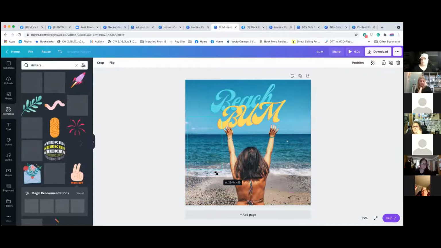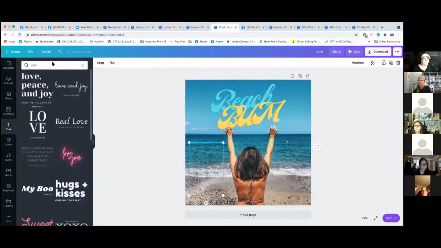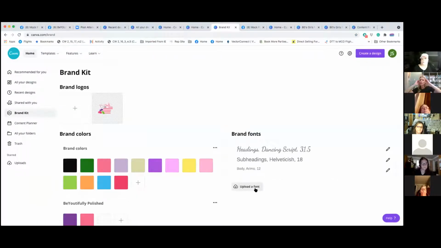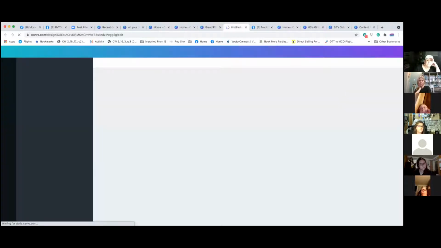Hey, Jen, I think she was saying adding fonts too. I tried to add a font, and that's why I ended up doing a team group as well, to add the corporate fonts. Oh, into like a Canva brand kit? Yeah, I had to actually have a team. I was able to just straight up add a font the other day, like the font that's in my logo. I could just add the font without creating a team. In Canva? Yeah, you should be able to do that. You can go to your brand kit, or you can create a design, and where it says text,